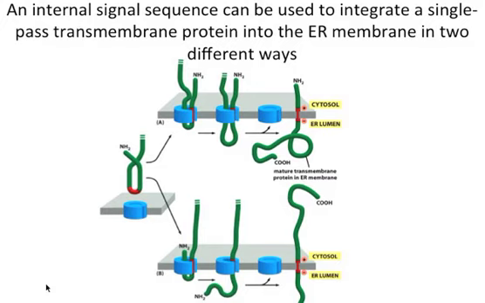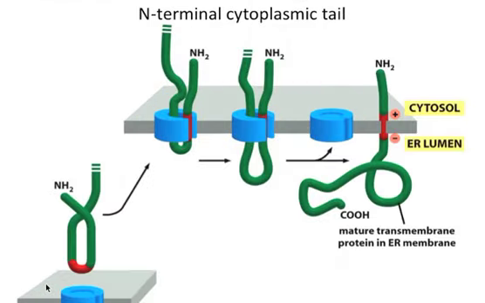Okay, so you can have an internal signal sequence, which could be used to integrate a single pass transmembrane protein into the ER in two different ways. And so here you can see the amino terminus is on the cytosolic side, and here the carboxy terminus is on the cytosolic side. And what determines which way it's going to be flipped has to do with the amino acids surrounding the stop transfer sequence, or stop transfer sequence, is that what it's called here? So we'll go in a little bit more detail. So here you can see this is an internal signal sequence that's also acting as a stop transfer sequence,